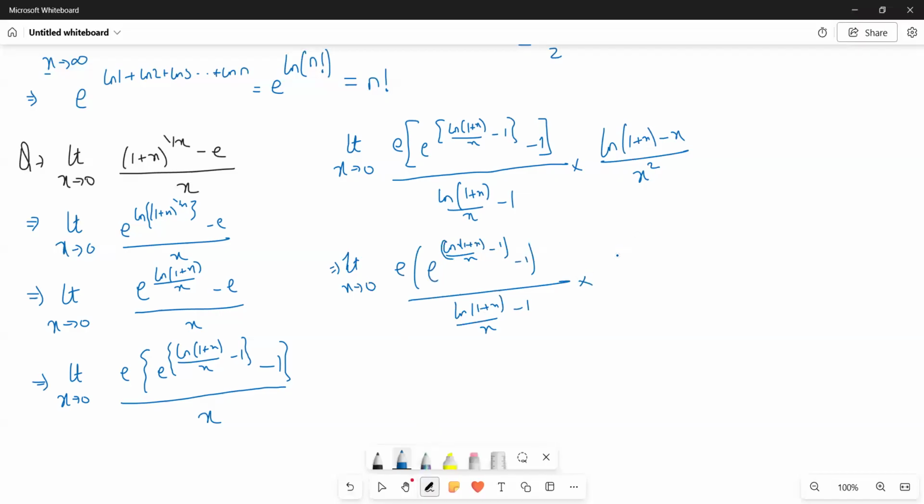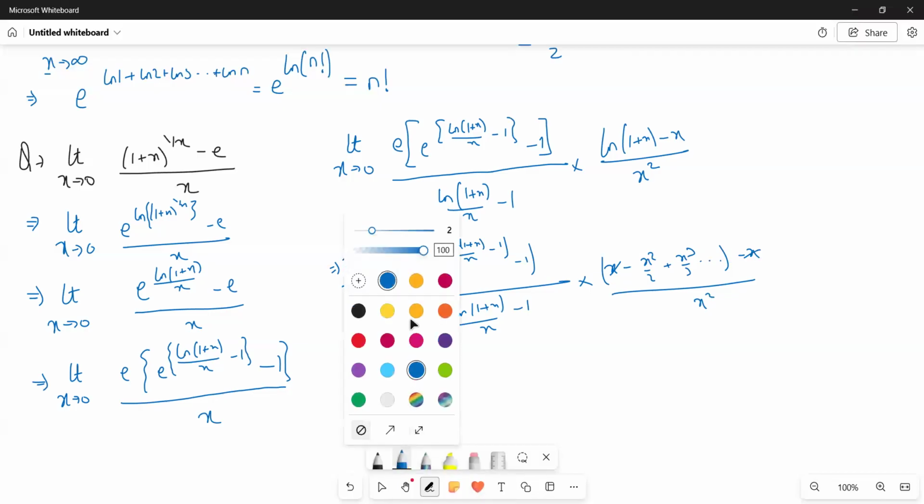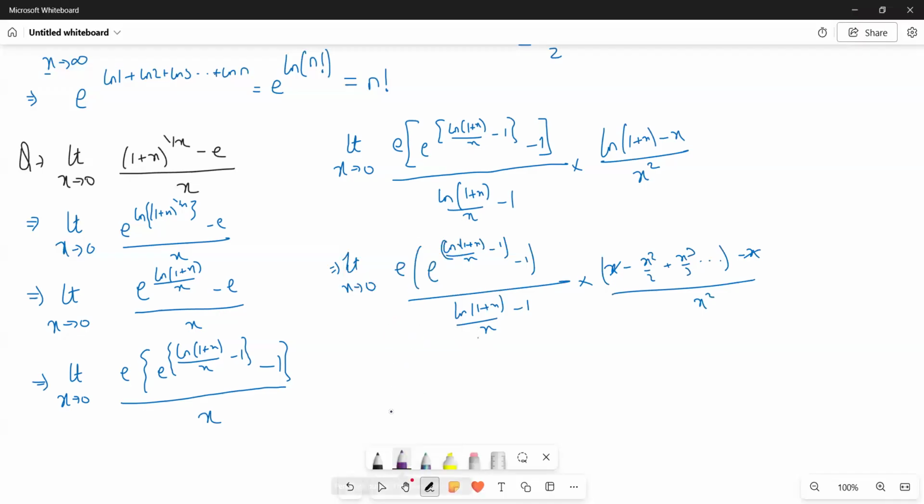log of 1 plus x के लिए एक्सपेंशन लगा दिया. तो x minus x square by 2 plus x cube by 3 dot dot dot minus x by x square. तो ये x एज यूजुअल कैंसिल हो गया. एंड लिमिट एक्सटेंडिंग टू 0, अब देखते हैं। तो वी स्टार्ट फ्रॉम दिस।